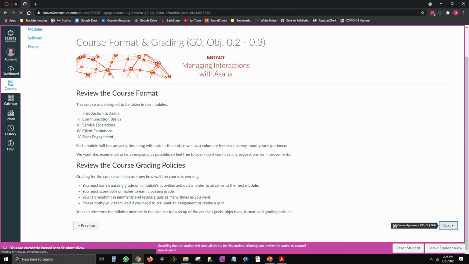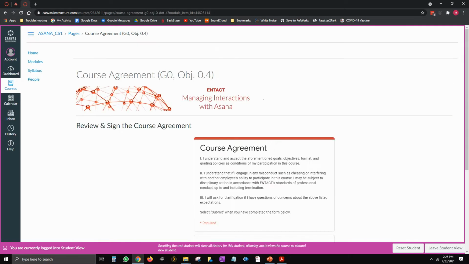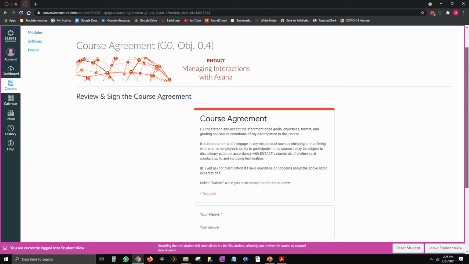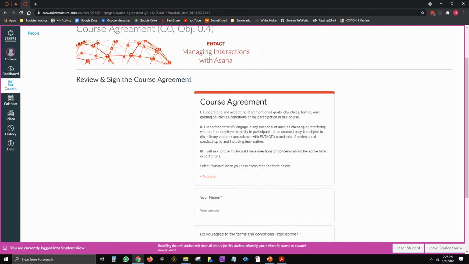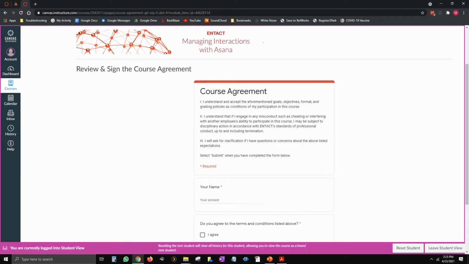So from here, they would sign a contract that I wrote. That's the course agreement, and it's just saying that they understand the course grading policies, and that if they engage in any sort of misconduct, that they're subject to Intact standards, or their disciplinary procedures for how they deal with this sort of behavior. And it also gives them an opportunity to ask questions before proceeding. So once they sign that,